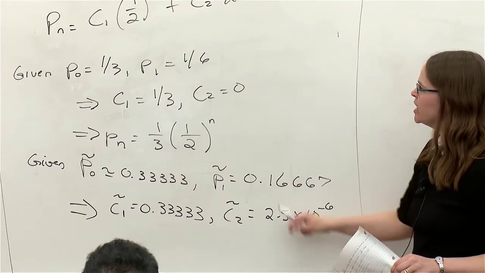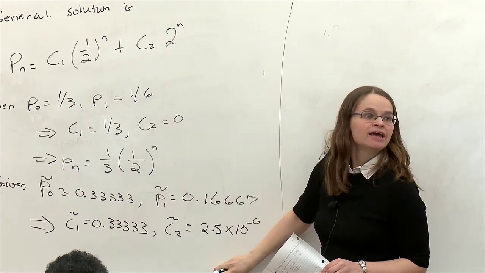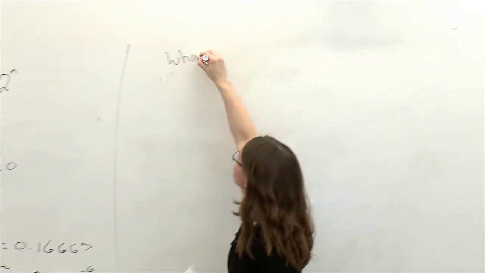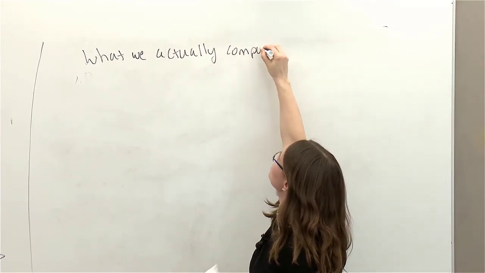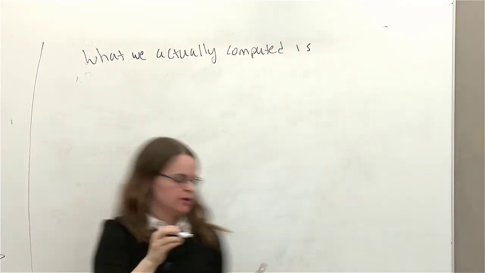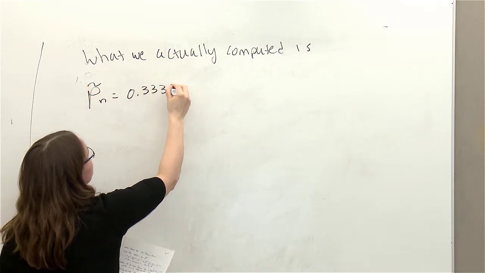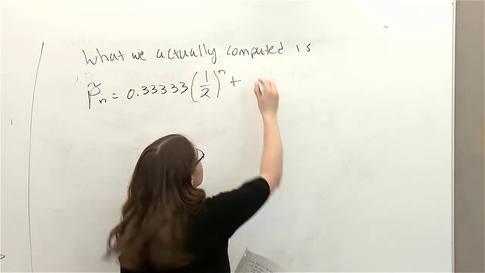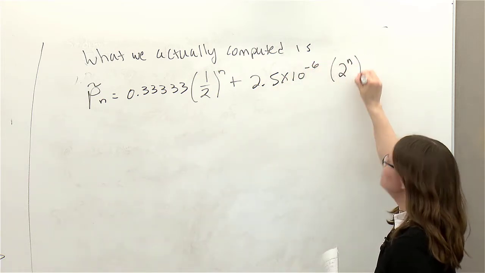So that's the crux of it. This is tiny. This is close to 0, which is great. The problem is it's multiplying 2 to the n. It's multiplying tiny times something that gets big really, really quickly. So what we actually computed is P tilde n equals 0.33333 times 1/2 to the n, no big deal there, plus 2.5 times 10 to the minus 6 times 2 to the n,